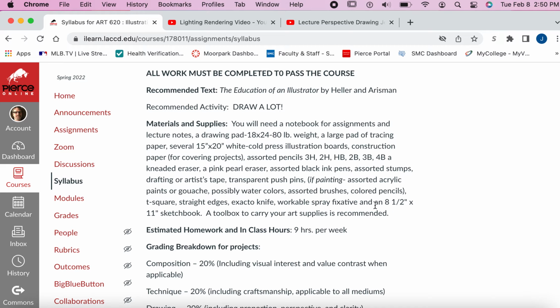So I recommend an 8.5 by 11 inch sketchbook for taking notes, lecture notes, and for doing your thumbnails. If you have a sketchbook from your drawing 1 class that still has a lot of pages in it, that's fine. You need 18 by 24, 80-pound weight drawing paper to work out your larger scale drawings on. A large pad of tracing paper is recommended but not required. Sometimes we want to trace something and transfer it. Several 15 by 20 inch white cold press illustration boards, construction paper for covering projects, assorted pencils, I listed there